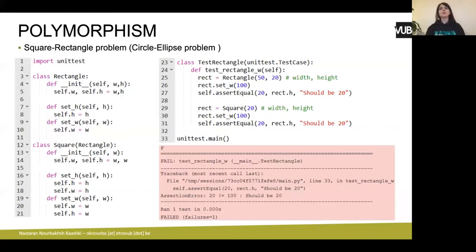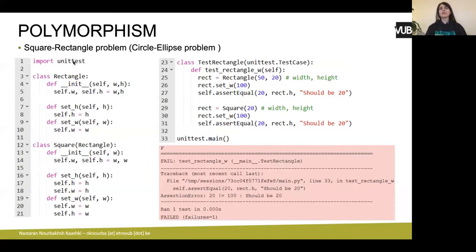So, for example, you will write a unit test for your parent class, and that unit test should also be true for your child class, but it is not true if you have such a thing. For example, I wrote,